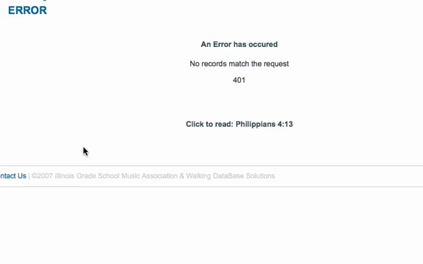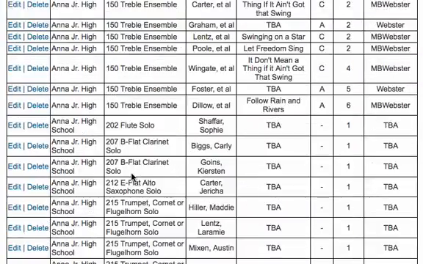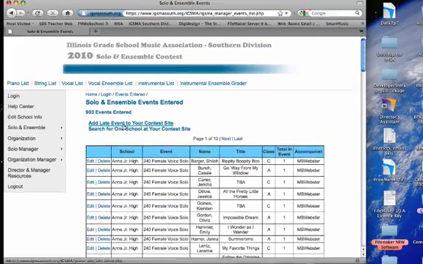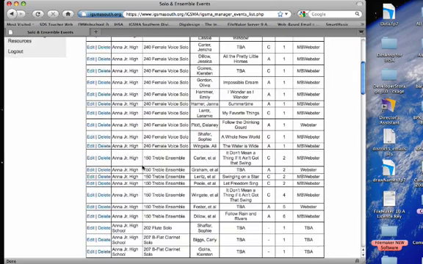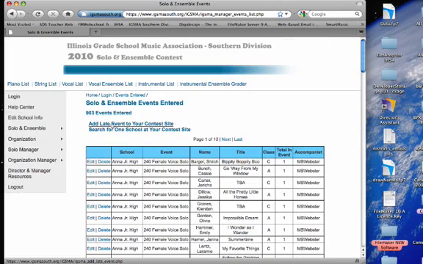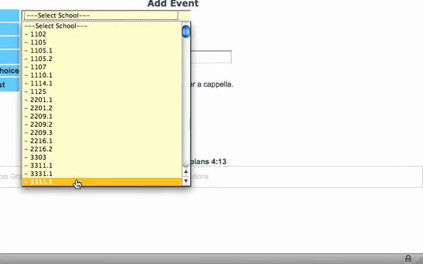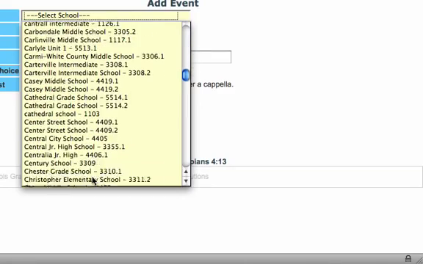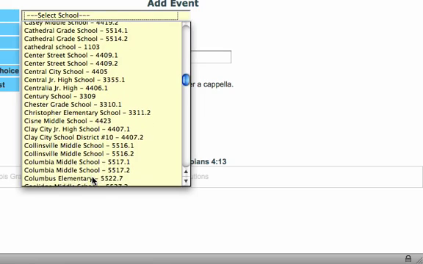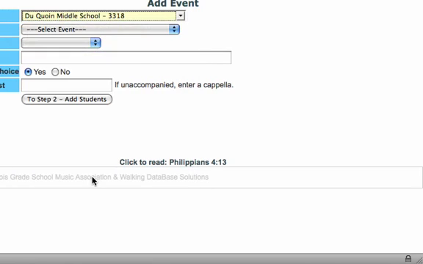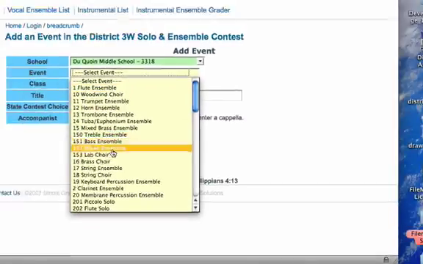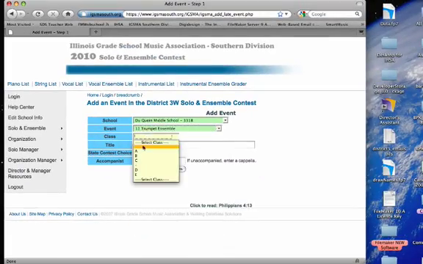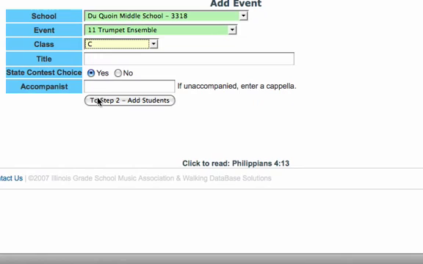It does take a while to go through those 6,000 records or whatever to get to this page. You can add a record too. You don't have to be, and I'm at full view, right? I got 903 records. So let's go in here and add an event. I could add an event and it would take me to a school. I'll do that and delete it. Well, I better do DuQuoin, just because I know I can get it deleted. And do a trumpet ensemble, class C, and titles trumpet tune.